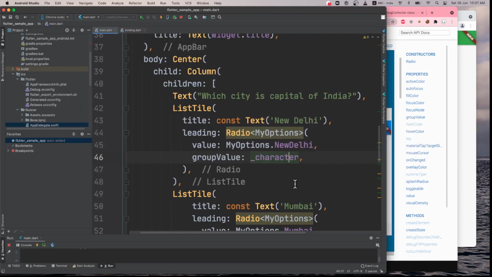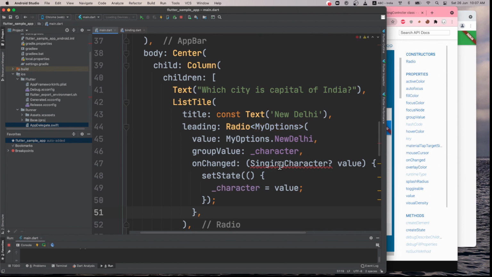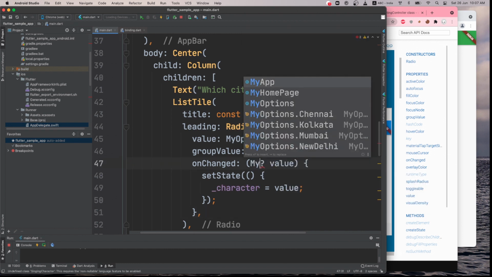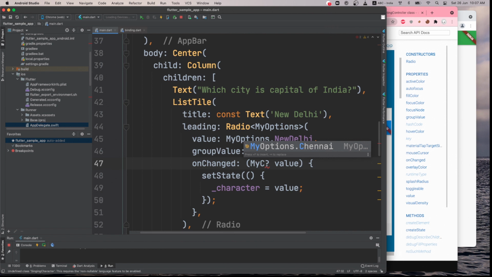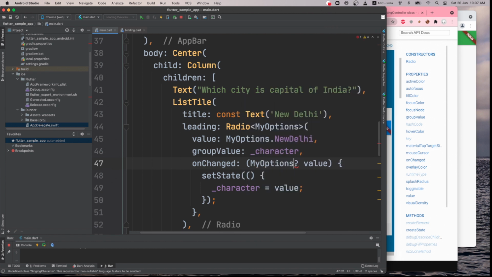So if we go here and we write from the first on change, and this is my option, and this is not a question mark because all values are fixed.